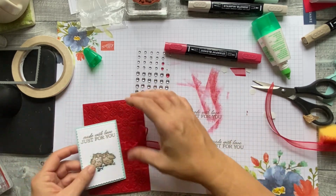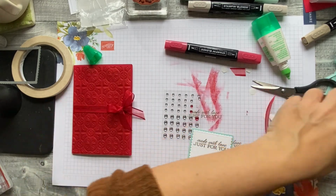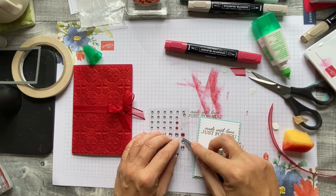There we go, and that's going to sit, oh look, it's looking good. I'm pleased with that in the end. Let's not ruin it with these gems. Let's pop these on and see what they...